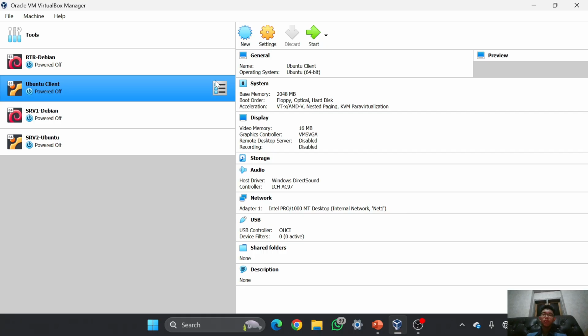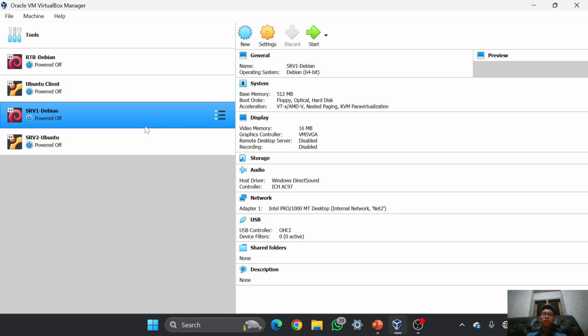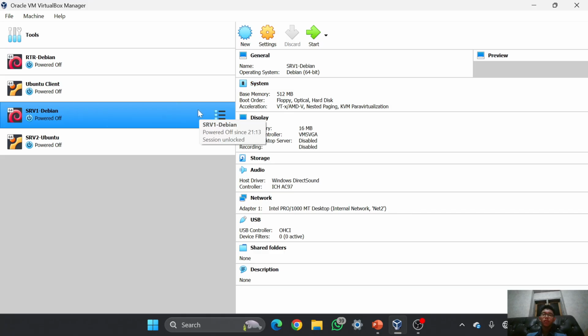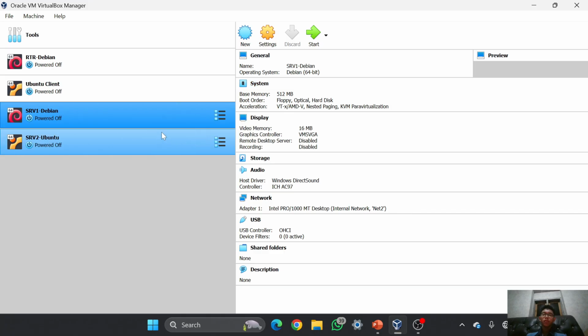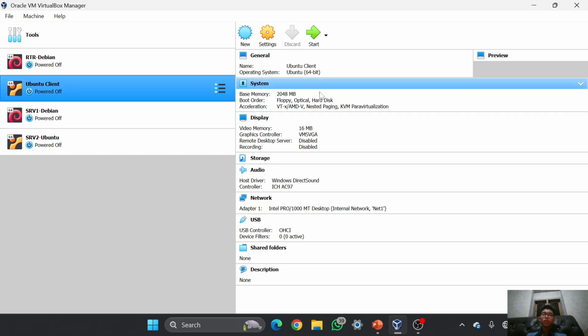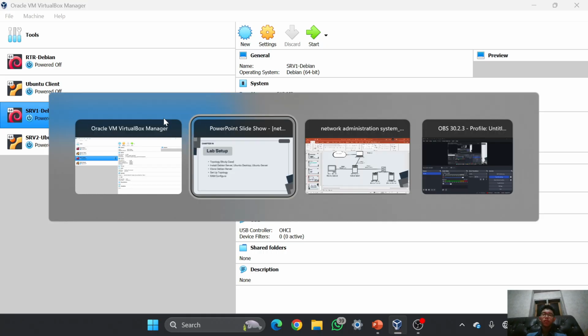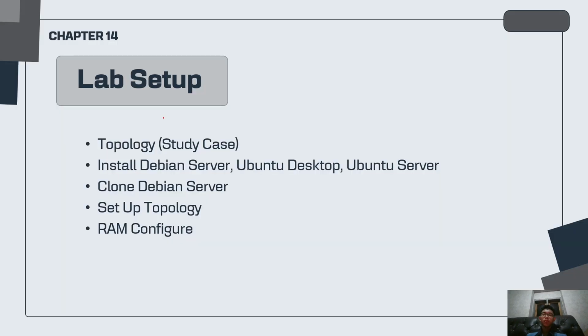That's why I'm using 2 GB. And server 1 and server 2 go on the lower one, only 512 base memory, because the CLI version is lighter than the GUI version for running the VM. So that is the explanation and the practice of configuring the RAM.